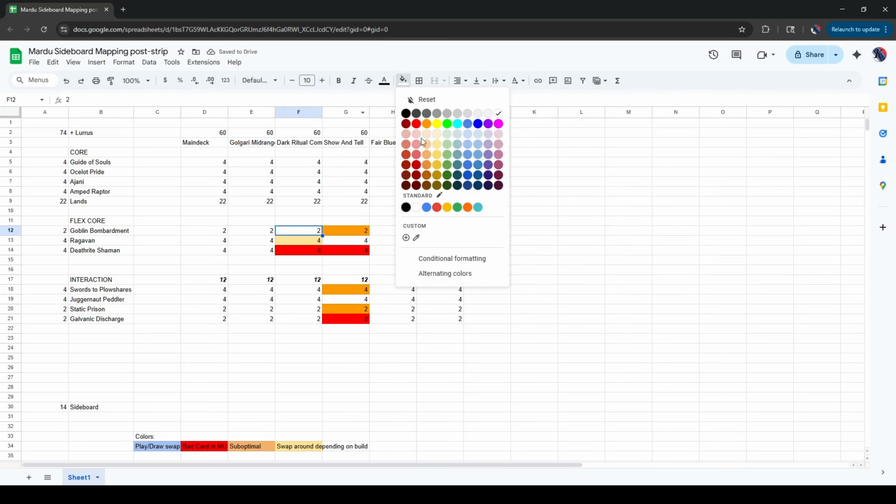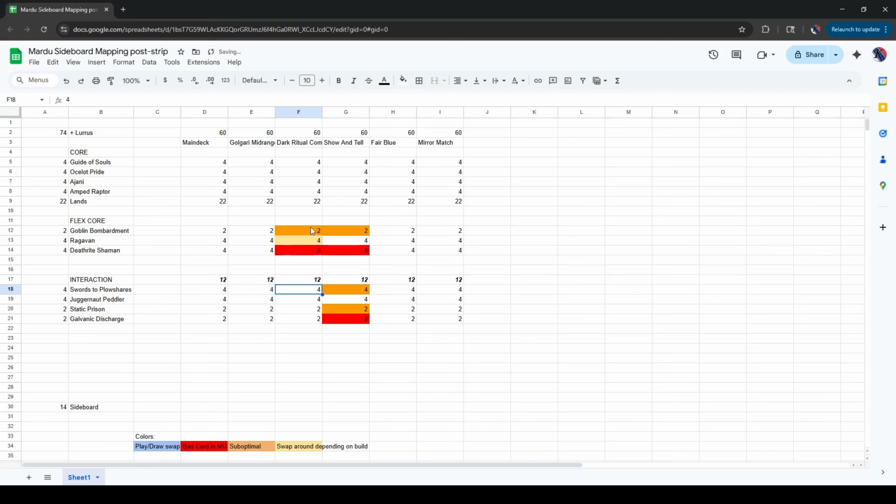Goblin Bombardment, again, I would say it's on the slow side. You don't necessarily need Goblin Bombardment when you are against not-in-creature decks, if you don't need to control the board. Obviously, this leads to really explosive kills with a Johnny, but I would rather have interaction if I have good interaction. But this card's not terrible, so I could keep it in, which is why it's in the orange category,